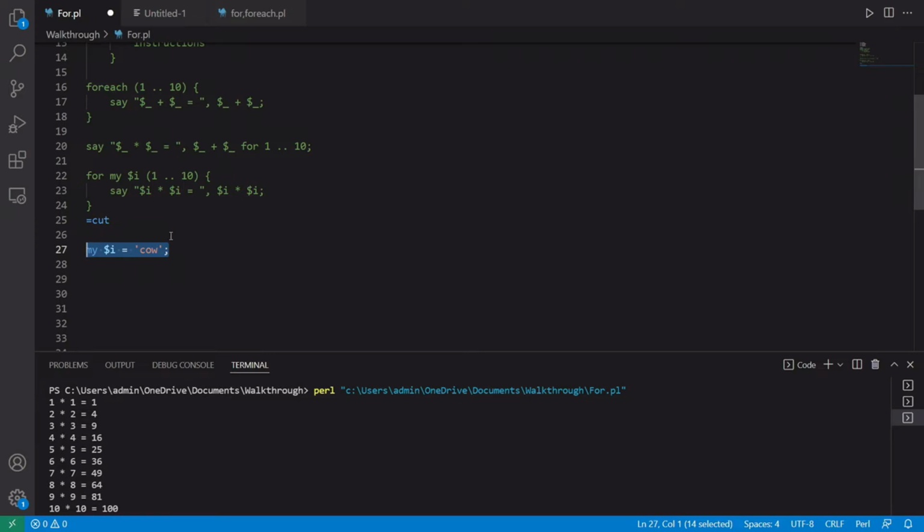When a for loop uses an iterator variable, the variable is scoped to the block within the loop. Perl will set this lexical to the value of each item in the iteration. Perl will not modify the topic variable. If you have declared the lexical $i in an outer scope, its value persists outside of the loop, like in this example.